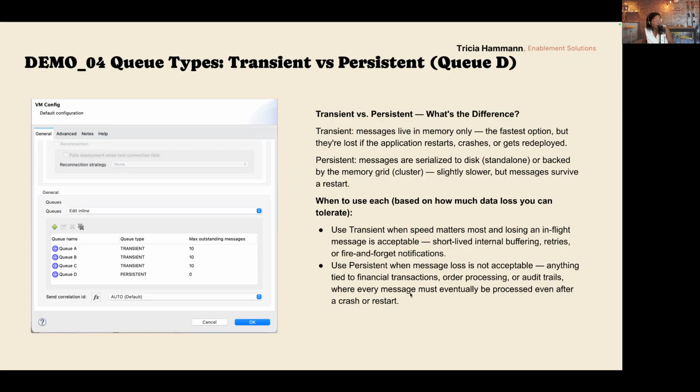Okay? And yes, so there is a term that we have seen in some configurations here in the VM config. This is the correlation ID. The correlation ID allows you to follow a message, a Mule event, through the different architectural levels as system, process, experience APIs.